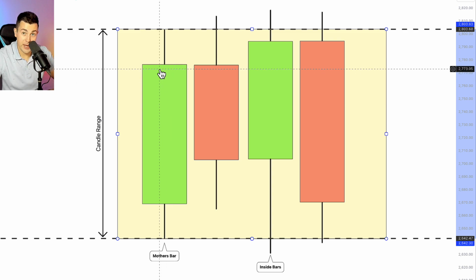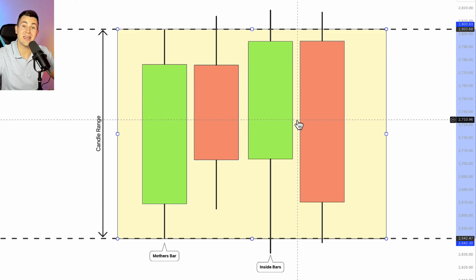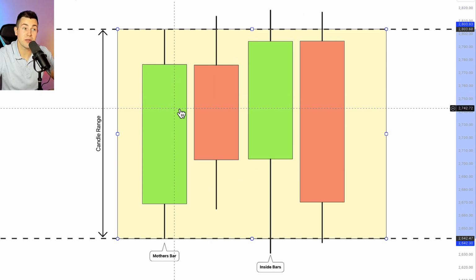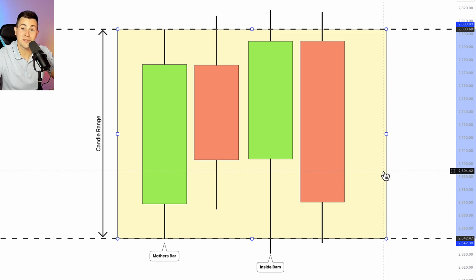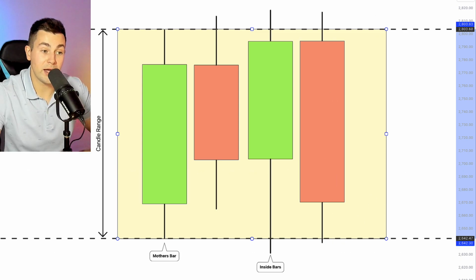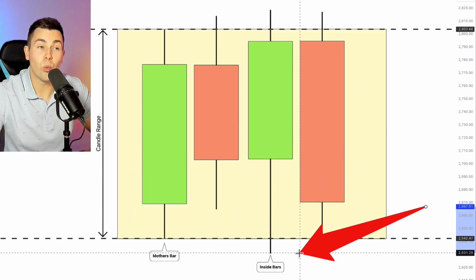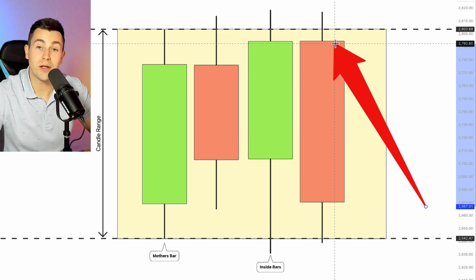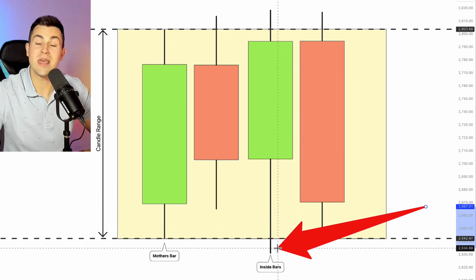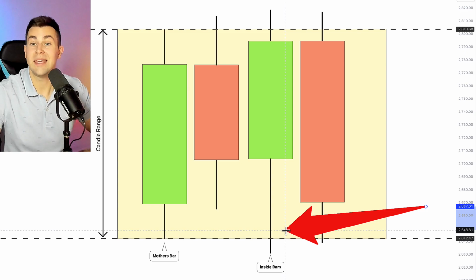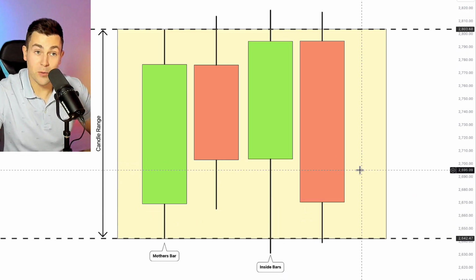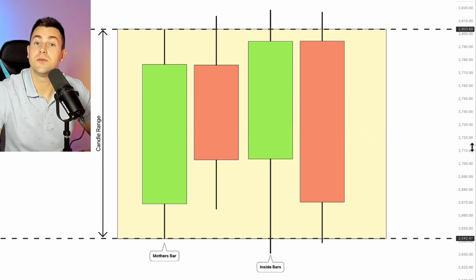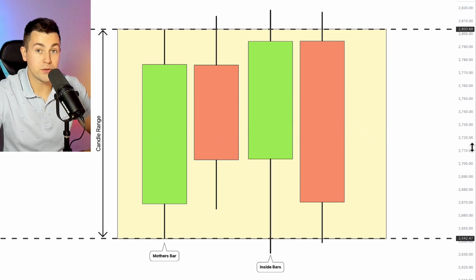candle. The first candle is called the mother's bar, and the consequent candles within the range of the mother's bar are called the inside bars. And you can see that here we see the violation of the range of the mother's bar with the wicks of the candle. It can happen. The main thing is that the bodies of the inside bars should strictly close within the range of the mother's